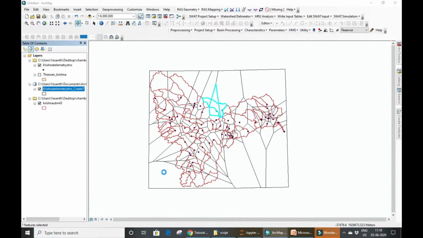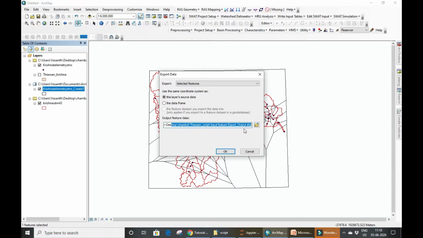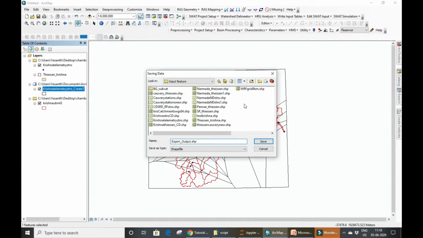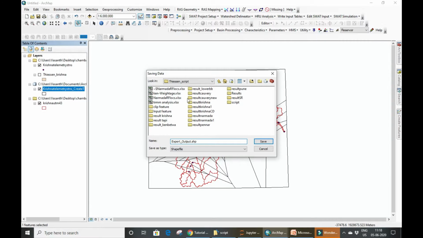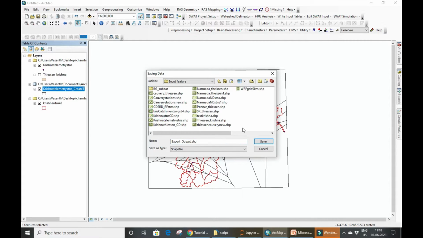To export this into any location, wherever you want to save, go to data, then export, give whatever name, and choose shapefile. Browse the location where you want to save. For example, I want to save it as Krishna sample season.